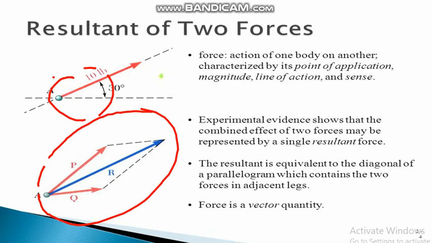By the head to tail rule, we can draw force F1 from the terminal point of force F2. To get the resultant, we draw a vector from the initial point of force F2 to the terminal point of force F1. This is the same force as obtained from the parallelogram of forces as shown in this figure. Student, as we know, force is a vector quantity, so it has a direction.